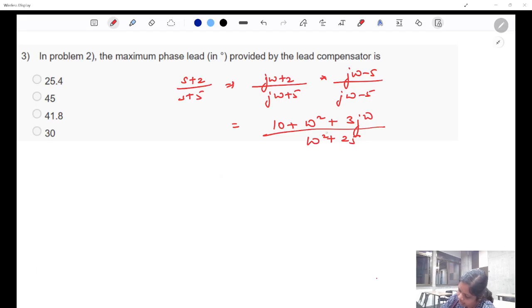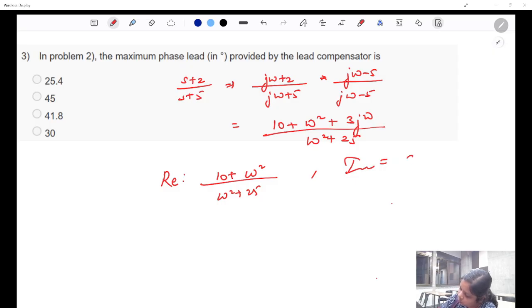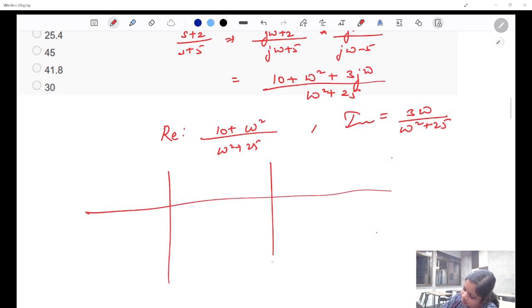We have the real part, which is (10+ω²)/(ω²+25), and the imaginary part, which is 3ω/(ω²+25). Now construct the table. This is the real part, this is the imaginary part, at ω equal to 0 and ω equal to infinity. So at ω equal to 0, the real part is,